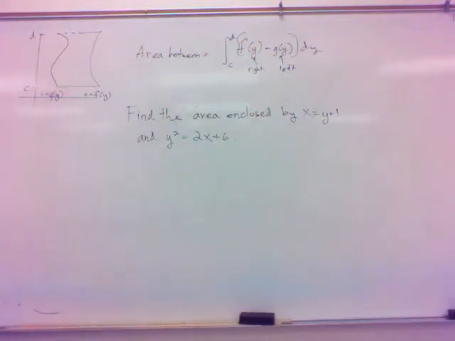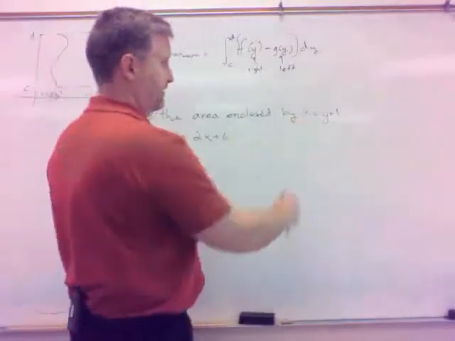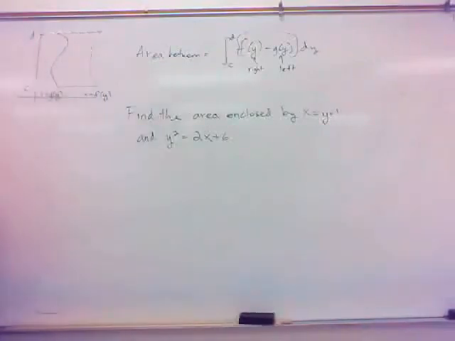Do you see here, now, in the first function, it's described as x equals, but it wouldn't be very difficult to describe it as a y equals, would it? We could say y equals x minus 1. However, the second function here,